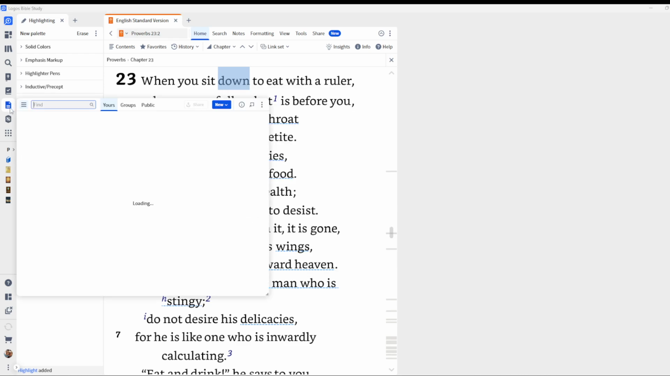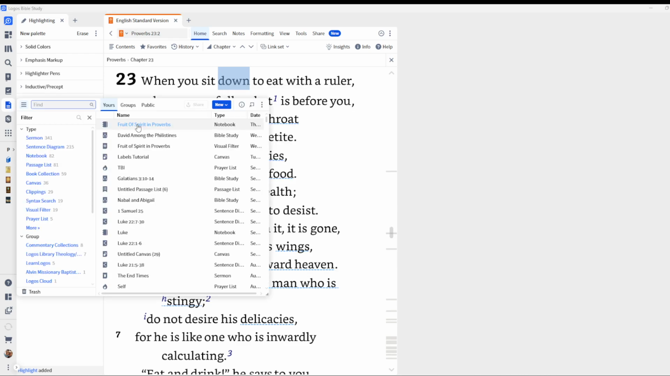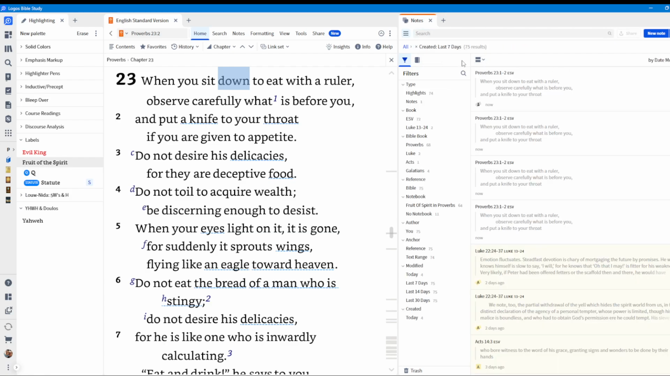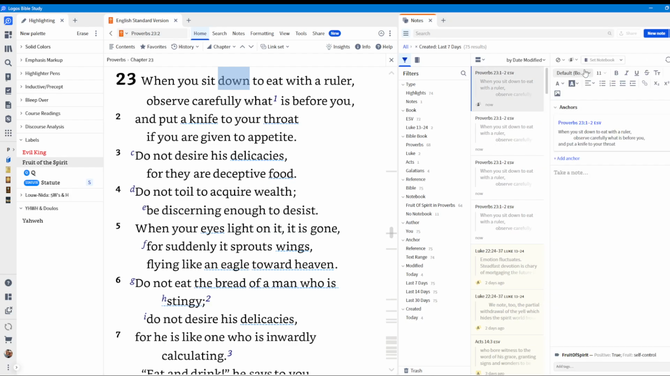If I go to my notes, I created a notebook for the Spirit in Proverbs, and I've been keeping my new notes in there. So I can go here, and I can add this to my notebook, Fruit of the Spirit in Proverbs. And then I can make notes, say,